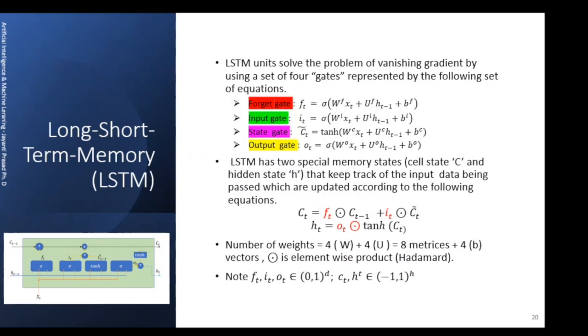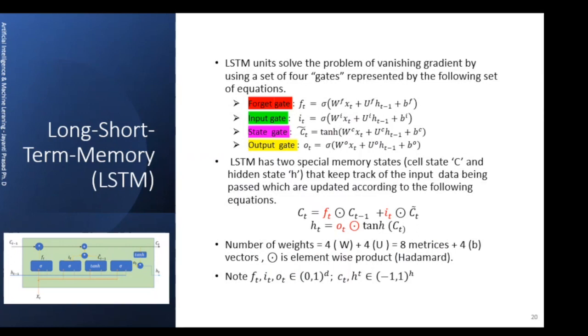So there is a forget gate which depends on the input xt and the past hidden state ht minus 1, and it has its own weight matrices. And the input gate also has its own weight matrices, and the state gate and output gate also. The only difference is that the state gate has tanh activation. So the value of C tilde T will be between -1 and +1. So when we get the input, the first thing is that we compute the states, their values. Once we have the state values computed, then you can see the equation that